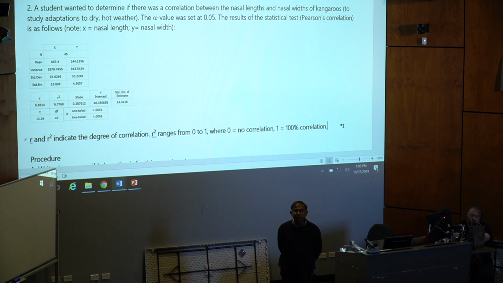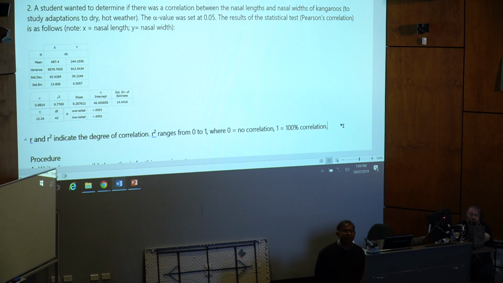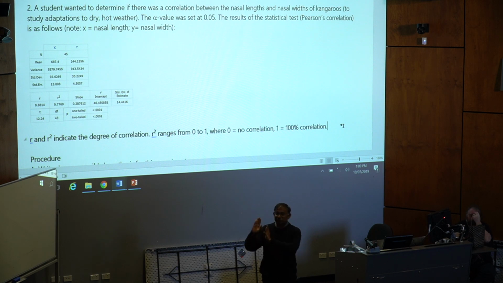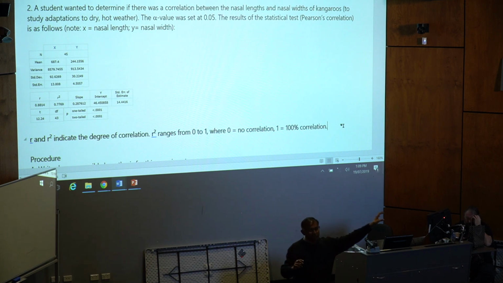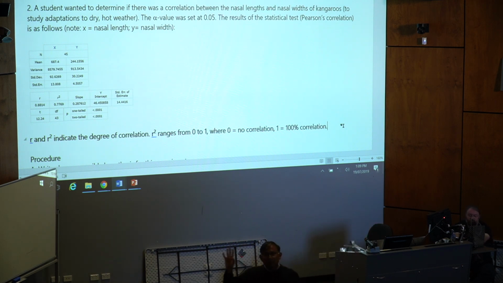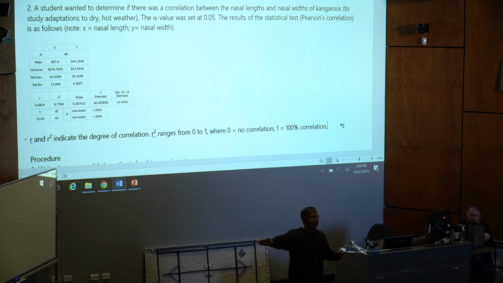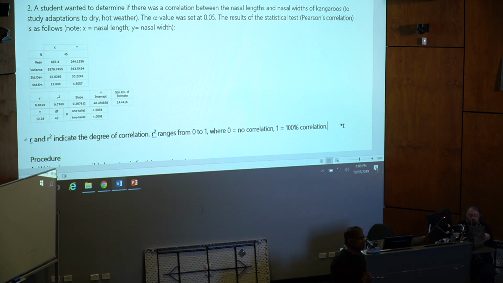Okay, so whenever you talk about correlation, look at the R squared value. I don't have time to talk about R at this stage, we'll just focus on R squared. So R squared ranges from 0 to 1. 0 indicates no correlation. 1 indicates perfect correlation, 100% correlation. That's how we interpret it. So in this case 77.69 or 0.7769 indicates a fairly strong correlation. Okay. Now,